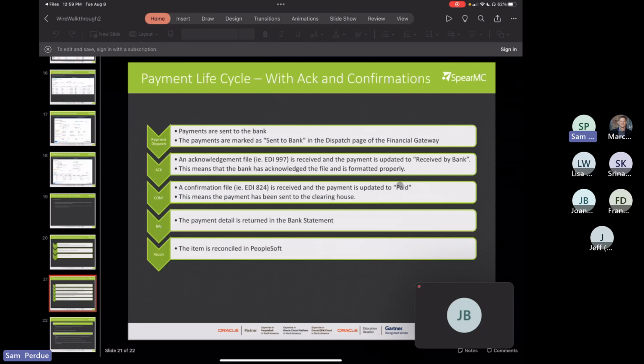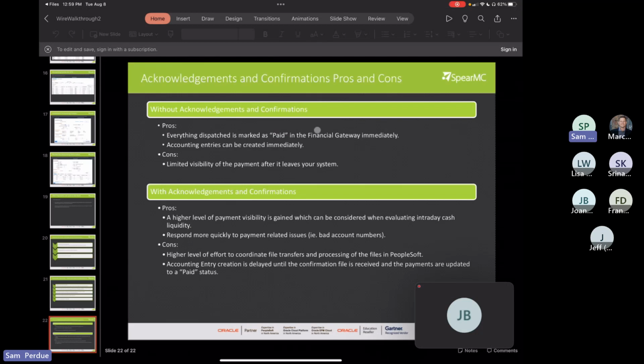these two extra steps. Now, on my last slide here, I do have pros and cons kind of broken out, pretty much what I just mentioned, right? Without the acknowledgements and confirmations, everything is marked as paid immediately. Accounting entries can be created immediately, but you don't have the same visibility in your system if you're not using them, right? You're relying on the bank to tell you if there's an issue, right? When I say tell you, what I mean is a phone call, an email, that sort of